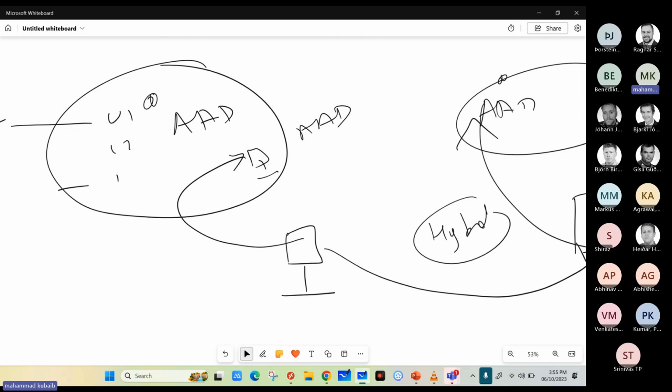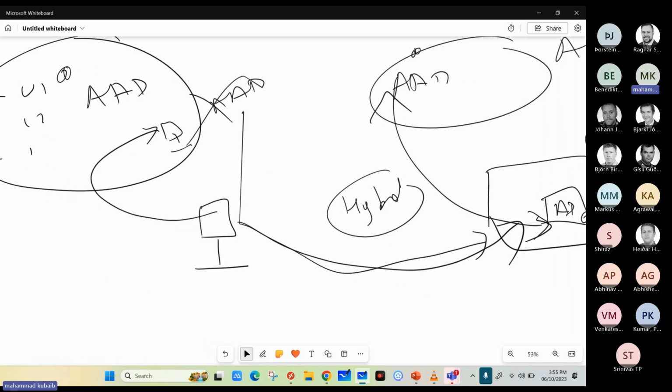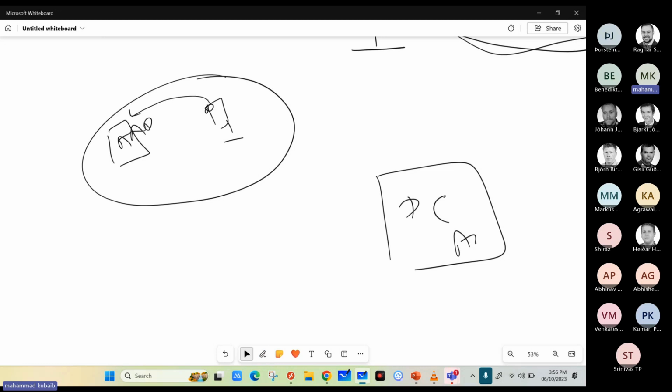Earlier this was not supported. Earlier only the hybrid one was supported, where you need to connect to your Active Directory. But now Microsoft Azure Virtual Desktop also supports pure Azure AD. The meaning of this is, if the company does not have any on-premise data center or any DC or Active Directory, still they can get the Microsoft Azure tenant and set up their Azure Active Directory, and they can create their VM and join their VM to Azure Active Directory itself, and then they can create the user on the Azure AD